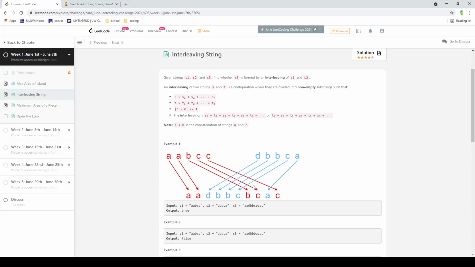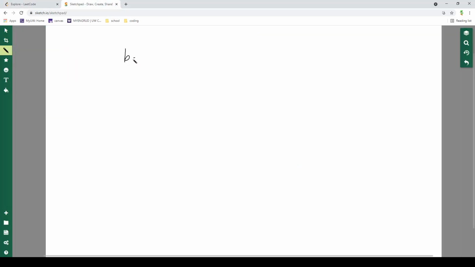Let's say S3 is AAD, and S2 starts with D, so you should obviously grab the two A's from S1 because it starts with AA. But that doesn't work, because there are certain cases where, let's say, S1 is BAB,